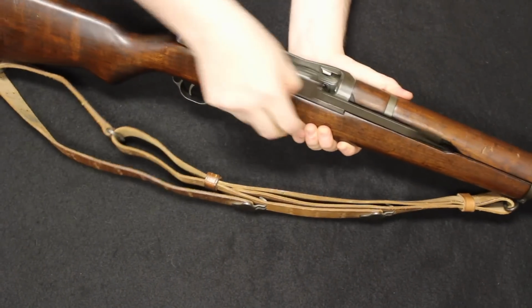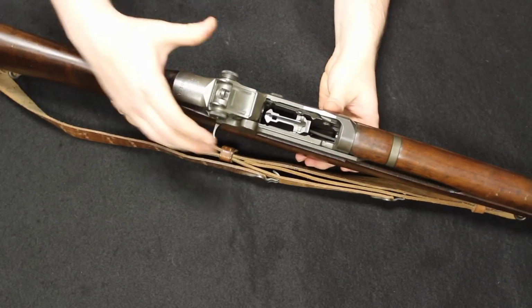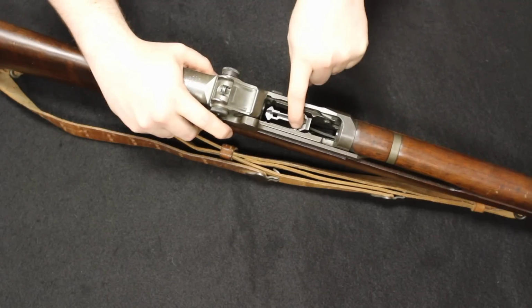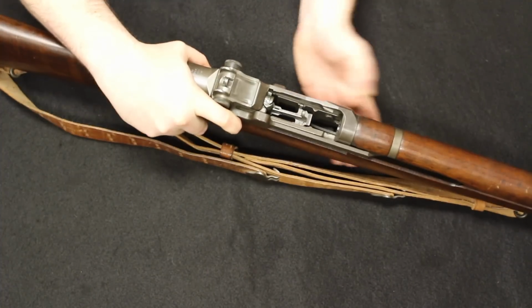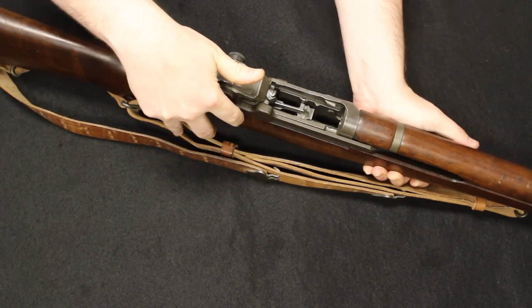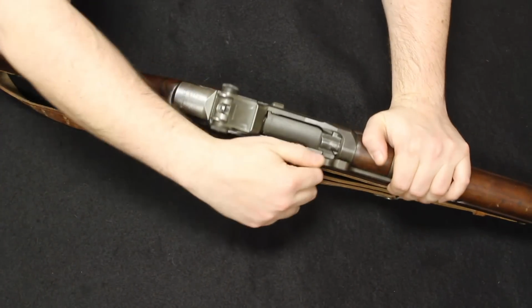Of course, you're going to start by checking that you are clear, and we are. And I'll show you the bolt will lock open to the rear. Talking about loading, you'll put your M1 clip right down here, push it into place, and then when you move, I'm actually not doing this with live ammo, but that'll push forward. Now that, if you push down